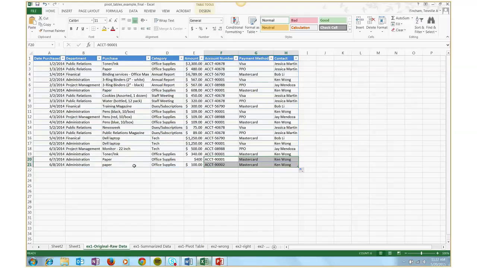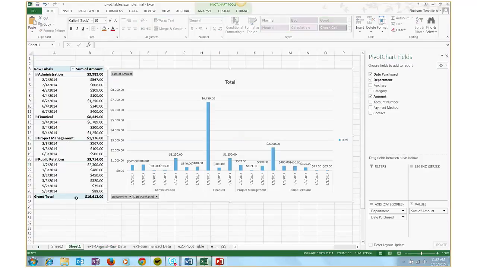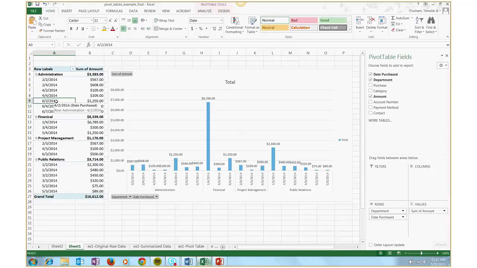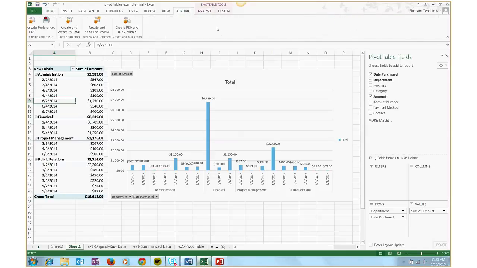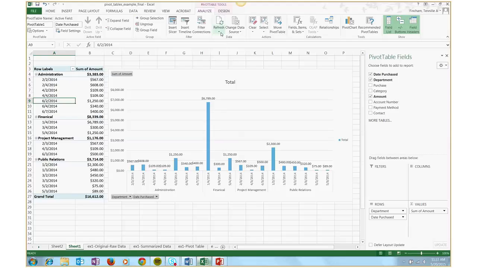Okay. So they've made another purchase. I've added a new row. When I come back to my pivot table, that is not reflected in here yet. Instead, what I need to do is actually refresh this information. Now, since I have my original set of data in a table, this should update as I want it to. So I'm going to click somewhere within my table, click on Analyze, and then from here, I'm going to choose